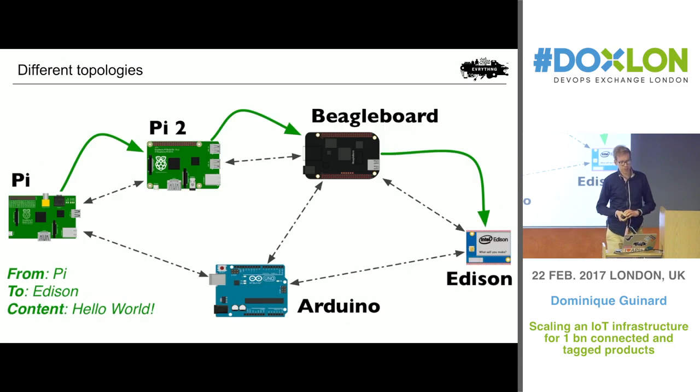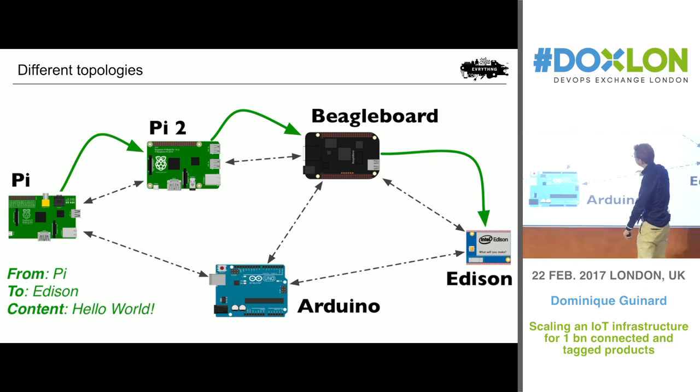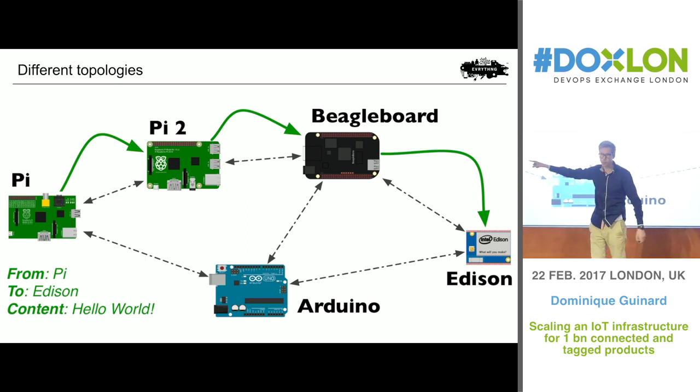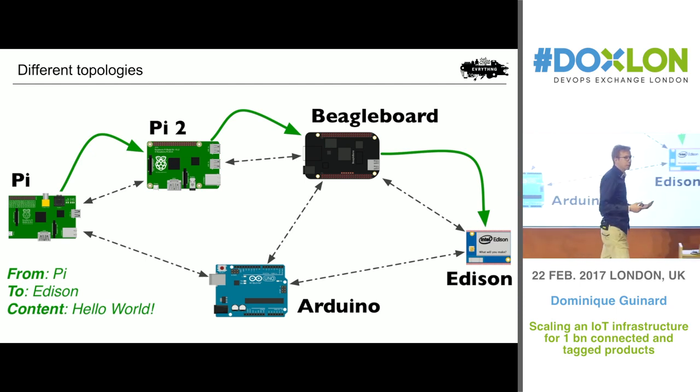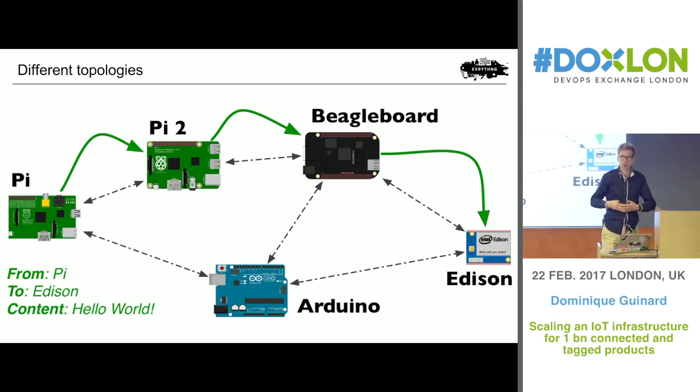Another factor is when you need different topology, and in particular when you need something like a mesh. A mesh being, you know, you have one device here, you have another device there. You can actually use several of the devices in between to talk to your device. Typical use case for that is when you want to drop sensor nodes in a jungle, for instance, right? You don't really have a nice infrastructure at hand to communicate, so you can rely on this mesh networking, and that's going to help you.